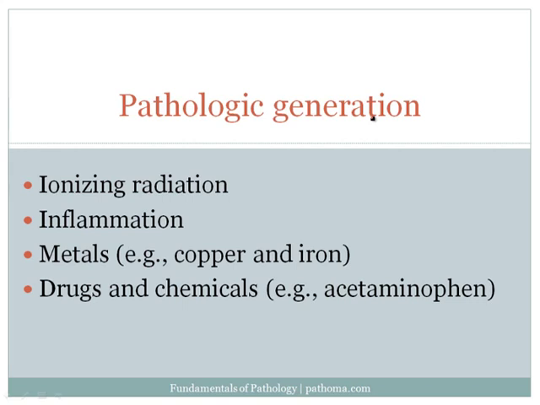In both cases, it's the pathologic generation of free radicals that actually results in the tissue damage that then produces clinical symptoms. All right, another example of pathologic generation of free radicals are drugs and chemicals. Acetaminophen is a very classic example, especially from pharmacology. Acetaminophen goes to the liver, it gets converted by the P450 system, and free radicals are generated in the process. The free radicals can be damaging to the tissues, and you will have learned, or perhaps have already learned, that high-dose acetaminophen can be taken by a patient who might try to commit suicide, for example, or who may overdose on acetaminophen,